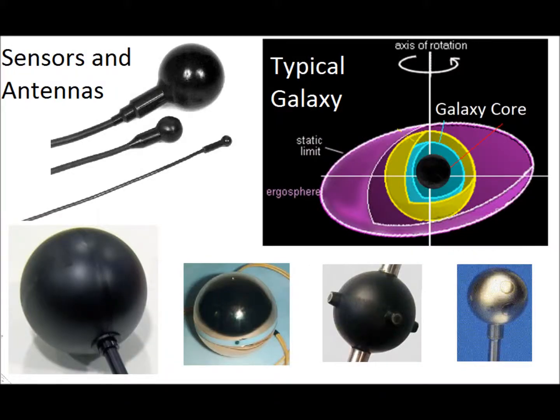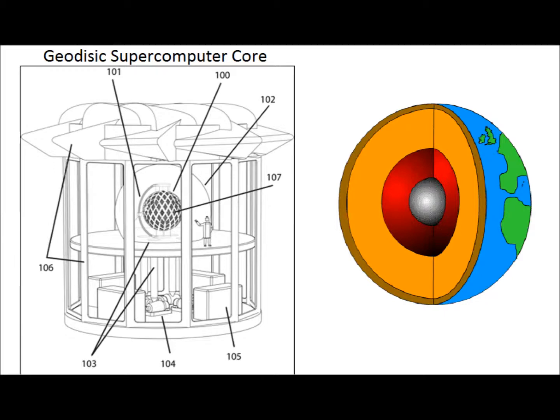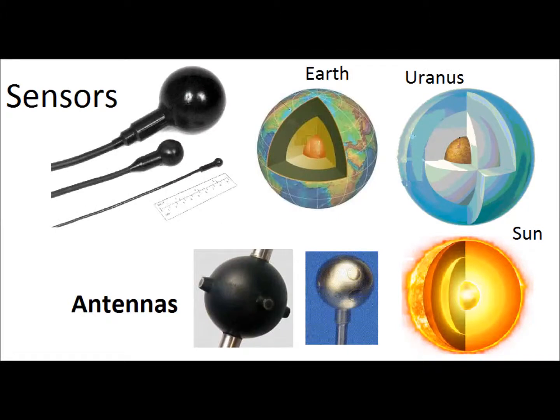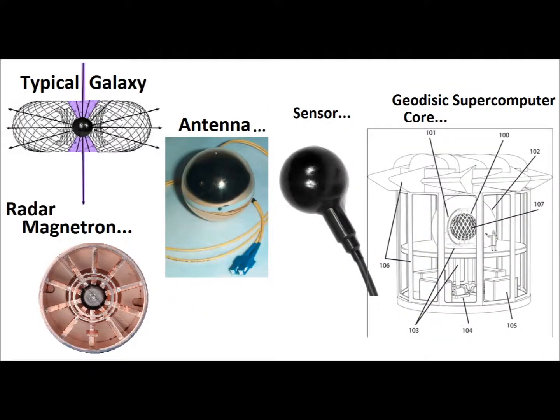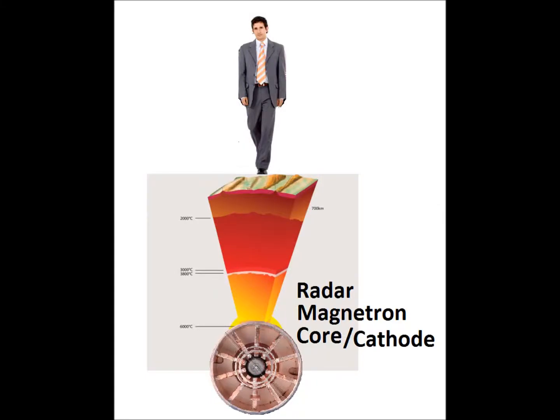The internal and external, visible and invisible, structure and dynamics of the planets, the stars, the galaxies are mirror images of sensor equipment, computer equipment, including radar equipment, antenna structures, and so forth. The cores play multiple roles. As sensors, computers, antennas,